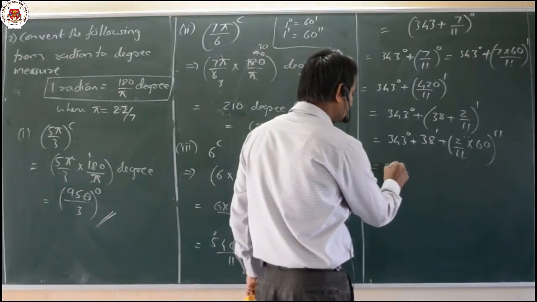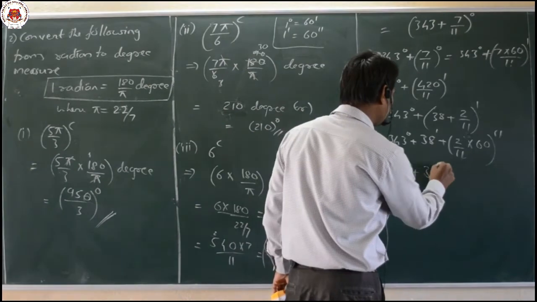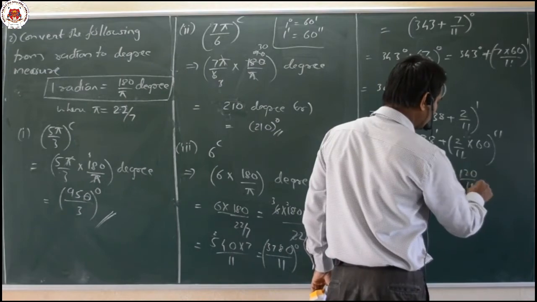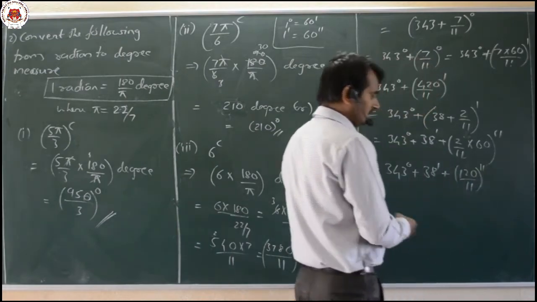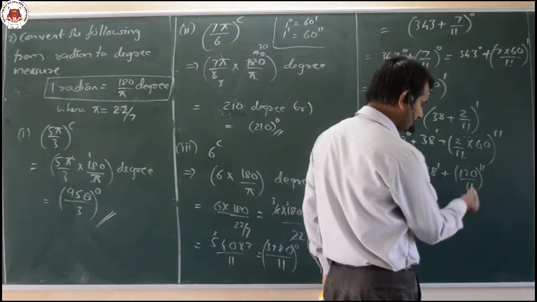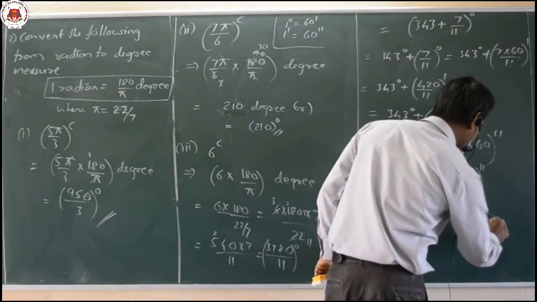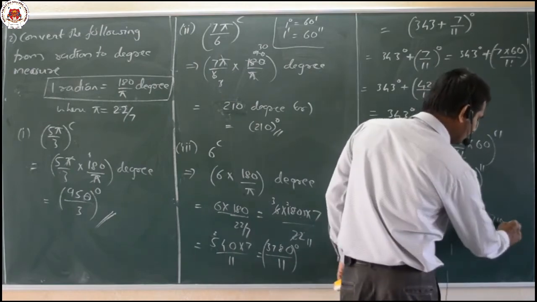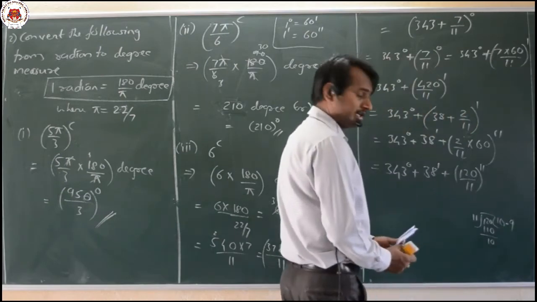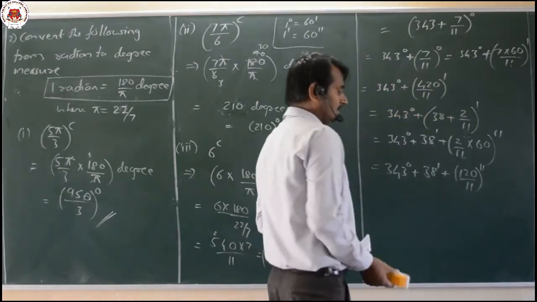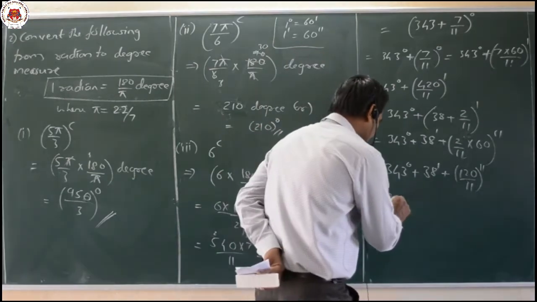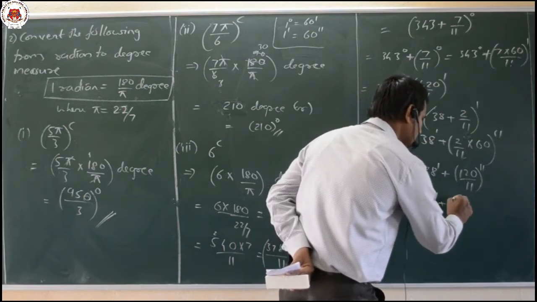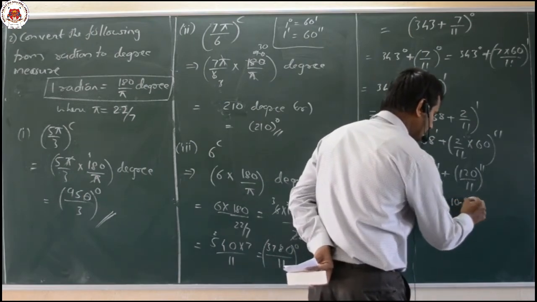So what we get here, that is 343 degrees plus 38 minute plus, okay, you can multiply it here, what we get, 120 divided by 11, 120 by 11 second. Now you can just multiply here. So what we get here, that is nothing but here 120, that is nothing but 11, 11 tens are 110, we get the value for 10, that is 10.9 something we are getting. Okay, 10.9 something value we are getting, or 10.8. So here that is nothing but 343 degrees, okay, 38 minute plus what we have here, 10.8 something value we are having second.